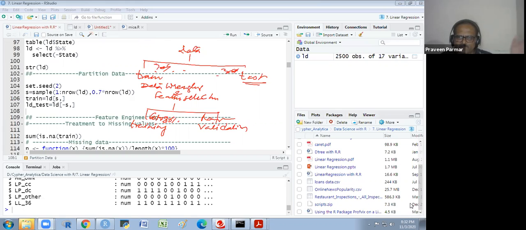We pass the test data through the data wrangling too when we test it separately. Jaideep, got it or not? Got it? We have to pass the whole process. The test data will follow the whole process that you have done. But it will not use that missing value concept and the outlier, it will pass everything there. It will pass through the whole process, and then it will go to the model and then it will give you the result.